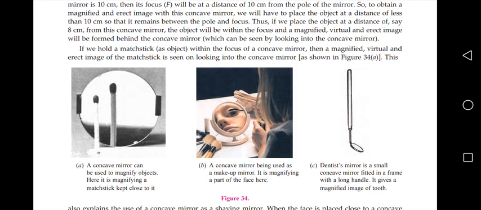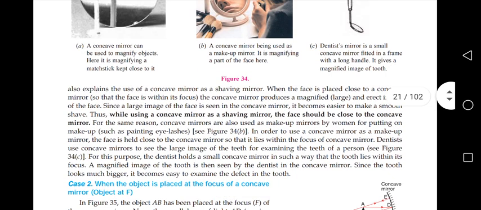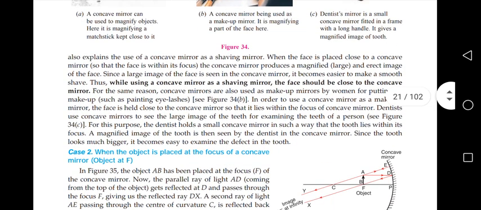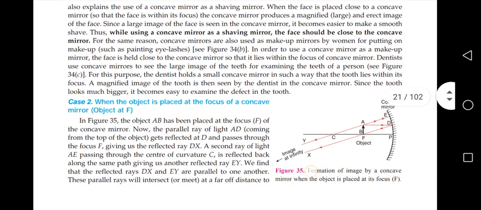because there are parts of our mouth where the normal mirror is not going to reflect the portion of the teeth. But if you use a concave mirror, it is going to give you a highly magnified image of the teeth, so it will be easy for the dentist to treat your teeth. Okay, so it can also be used as a shaving mirror because it is going to zoom in on the facial parts and it will be easy to shave.